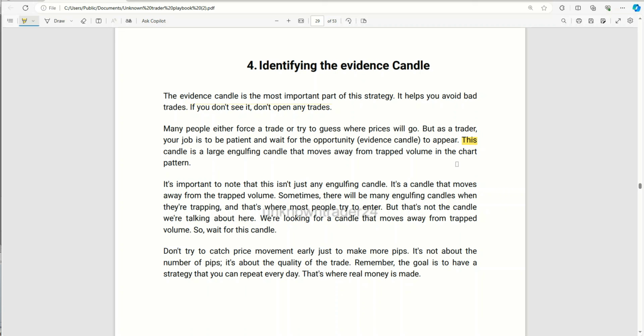Okay, so please read this and understand this, because you can see here it says if you don't see it, do nothing. Okay, if you don't see an evidence candle, do nothing. If they close as a pin and you took it, you lost it, it's on you. It's not an evidence candle, it's a pin. Okay, hence why here I used